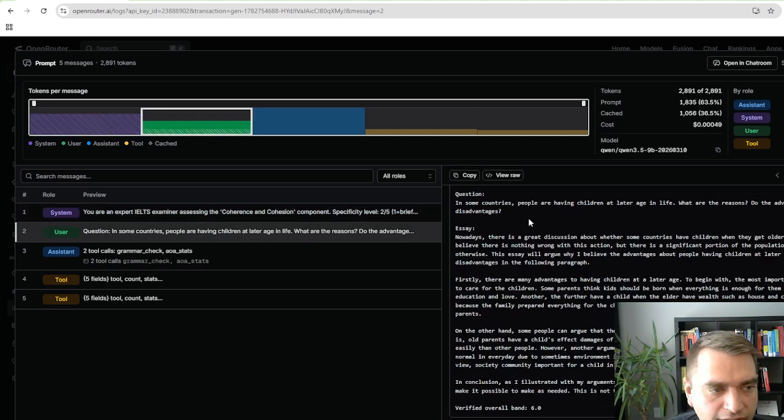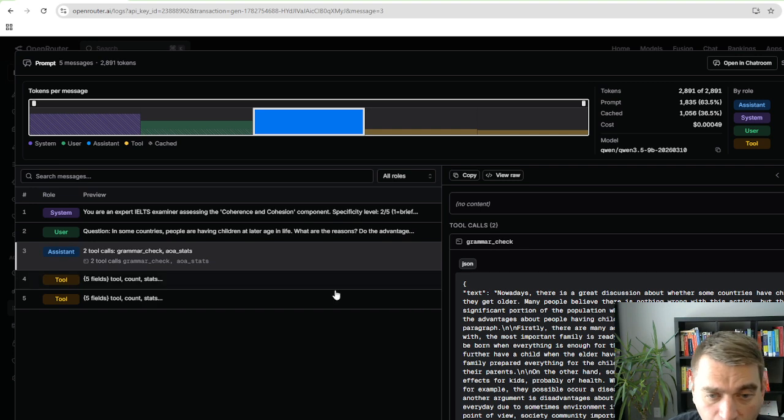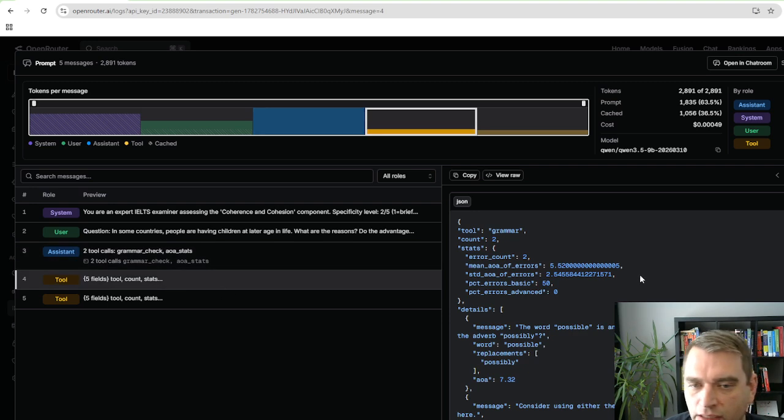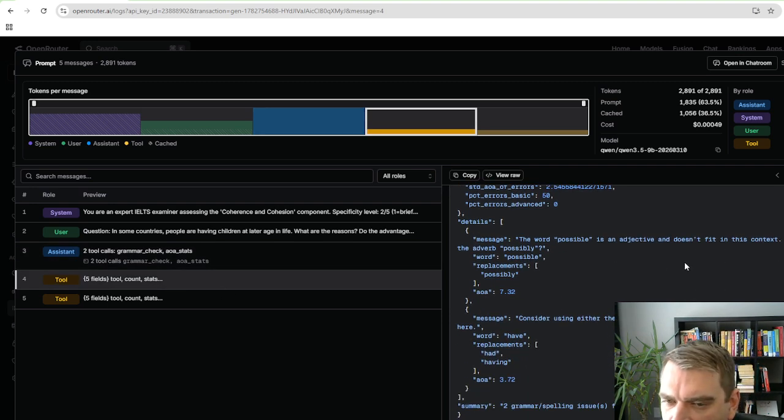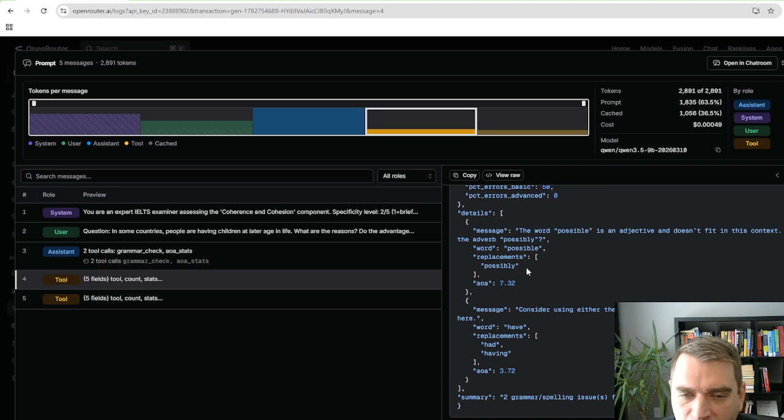So then we have the actual user prompt. This has the question that the student has asked, the essay they wrote, and then again for calibration, the overall band score. Here we can see that there are 2 tool calls made successfully. So we have a grammar check and then aggregated age of acquisition stats. So here we can see, let's see, it looks like they misspelled possible or possibly, and then